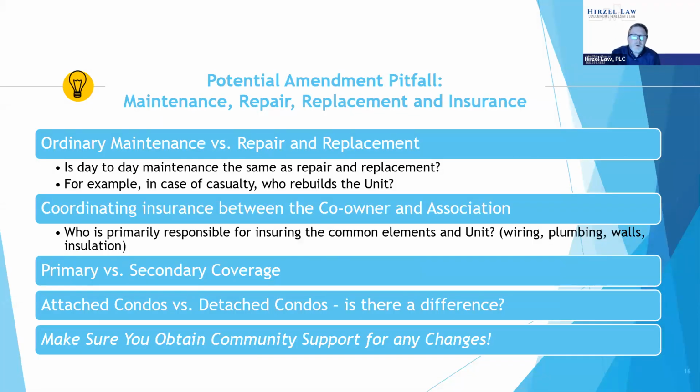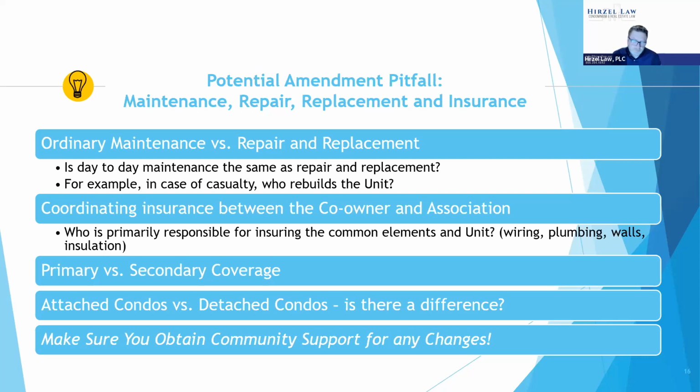A couple of different pitfalls. I referenced the concept of maintenance, repair, and replacement in the context of trying to make sure that the description of who's responsible for these is clear. But even within that, you have various issues that may need to be addressed. You've got ordinary routine maintenance versus a significant repair and replacement. Where is that break point? Where's the dividing line? And is it clear as you review the master deed and bylaws as to who's responsible